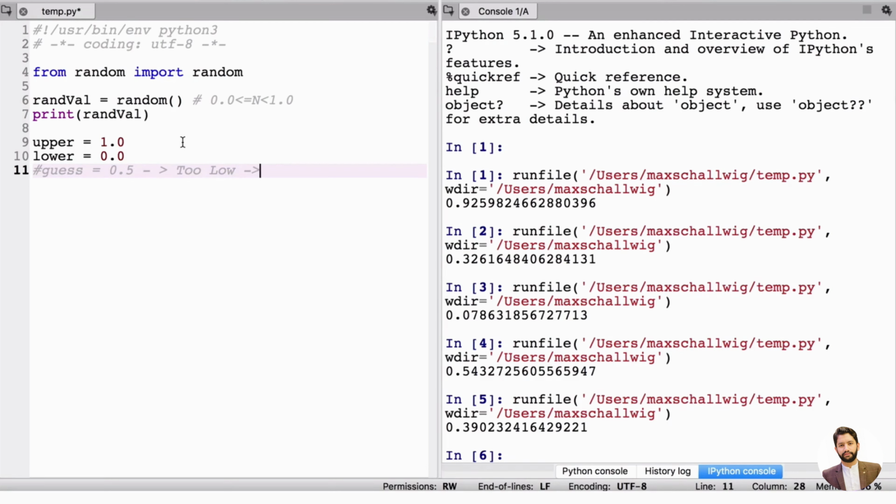So now our lower bound, we're going to turn into 0.5 because we know 0.5 is too low, so it must be bigger than 0.5. So we're going to change our lower bound to 0.5. And similarly, if we guess maybe 0.9 and we get the response too high,